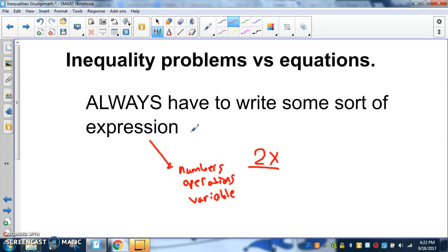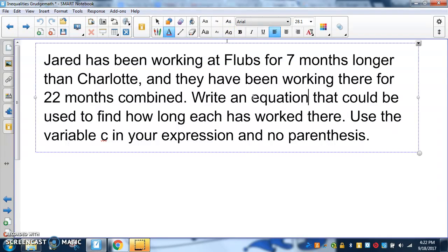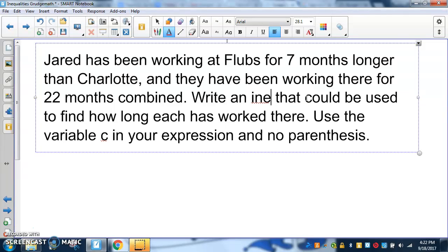Well, with these expressions, you're going to do one of two things, okay? In a good old equation problem, generally speaking, I give you two different things. This problem should probably look familiar to you. And in this case, you had to combine them. And inequalities often look like this as well. The only difference being, if I change this problem to write an inequality,